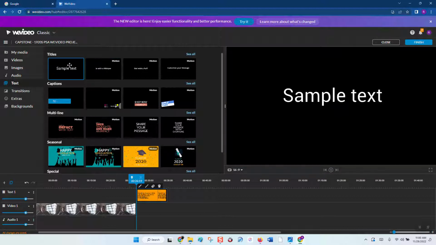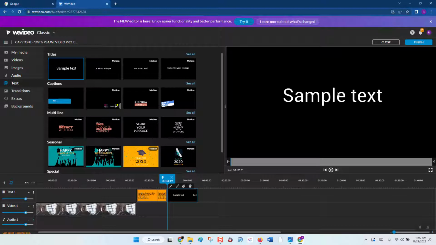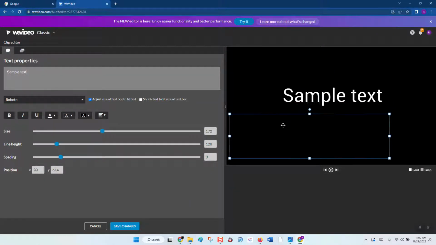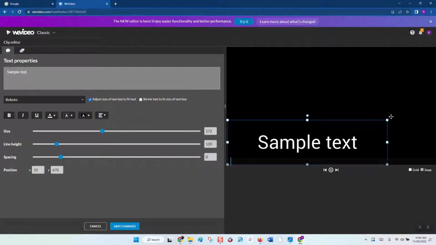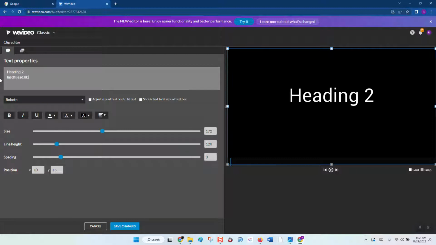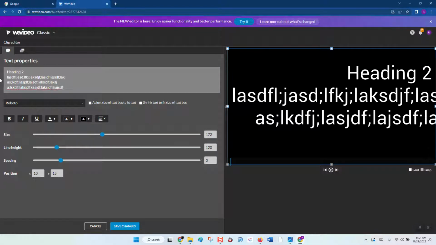another one. So we're going to, again, hold the left button, slide it over here, and then it creates another one. So we're going to double click the box here. When you double click it, I want you to make this box the whole thing, just like how we did before. Okay, just the whole box, and then heading 2, so whatever the title is of your second slide, heading 2, and then once again, blah, blah, blah, this is where you write the information,